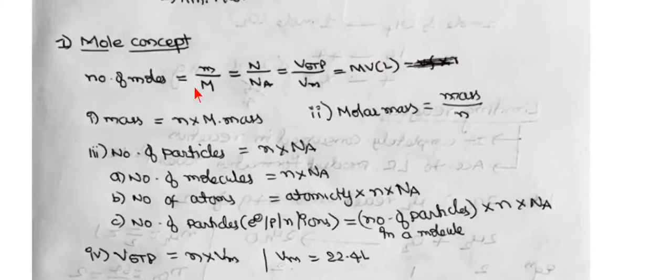So these are basic fundamental formulas related to the mole concept, and by using these formulas we can derive some other formulas which will come in questions, like find which one will have more mass, which one will have more number of molecules, atoms, electrons, or find the number of electrons. For this, mass is equal to number of moles into molar mass, and molar mass is equal to mass by number of moles, and number of particles related. They ask particularly about molecules, atoms, electrons, protons, neutrons. Also we can do these problems.